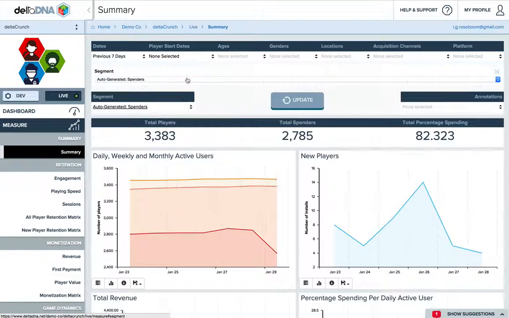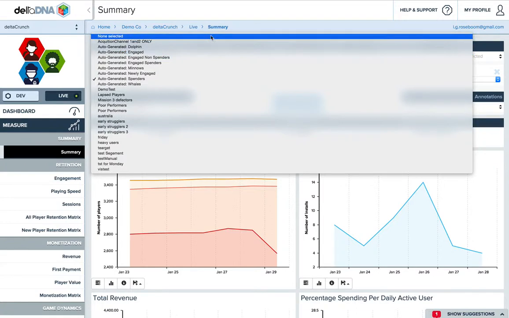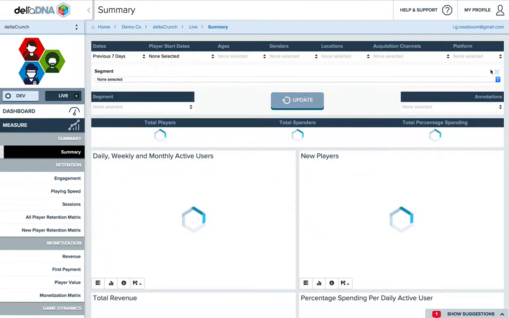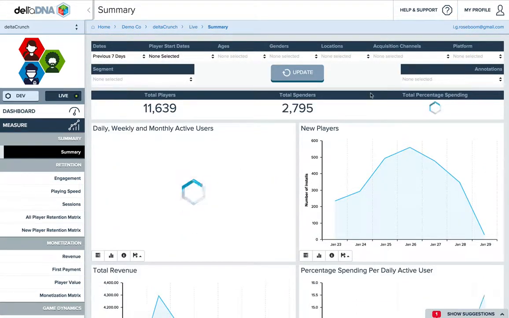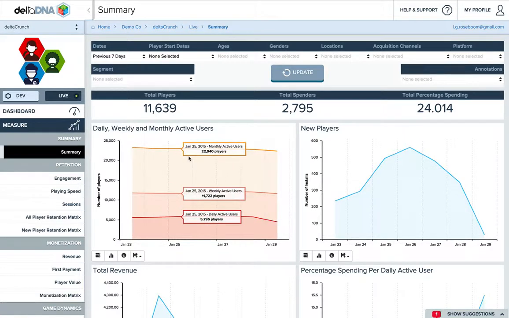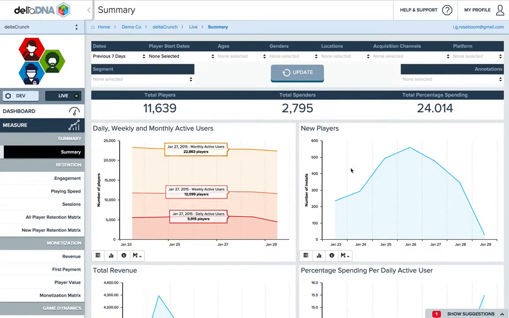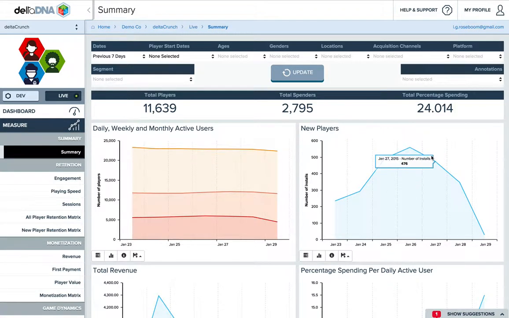Okay, so let's get rid of that. I'll update it. So just to go through the charts now. At the top we have fairly straightforward ones like the active users chart and the new player chart. One thing to keep in mind about the new player chart is that